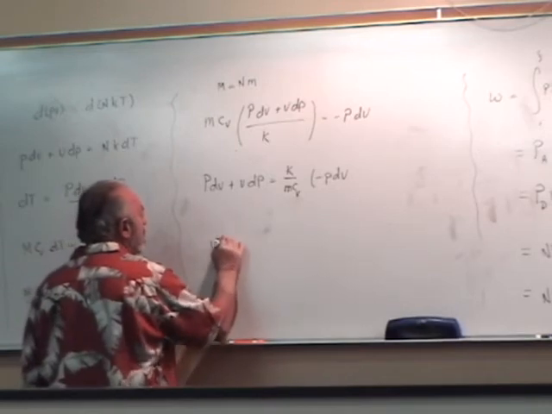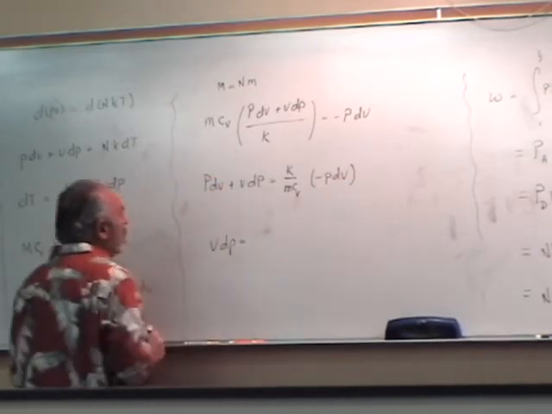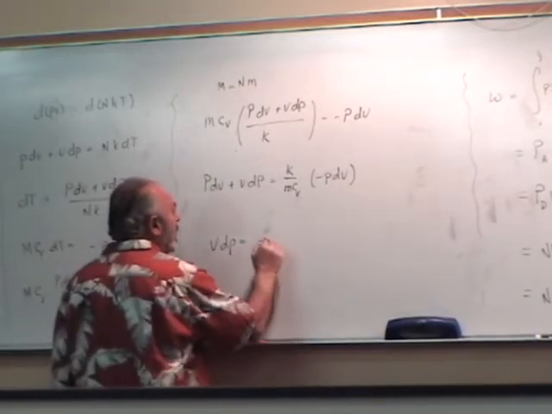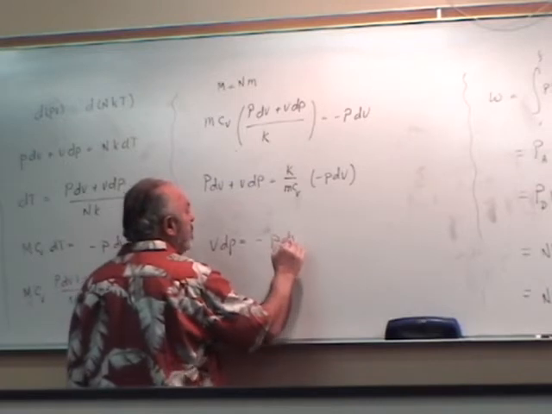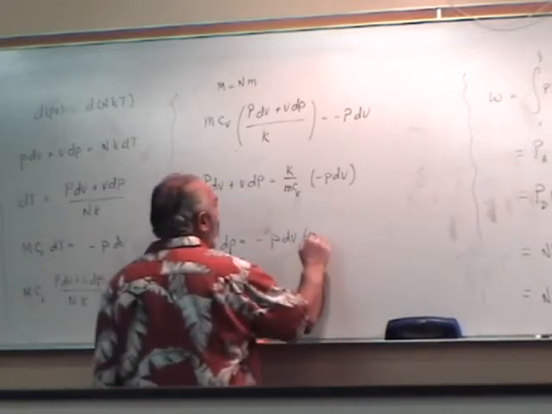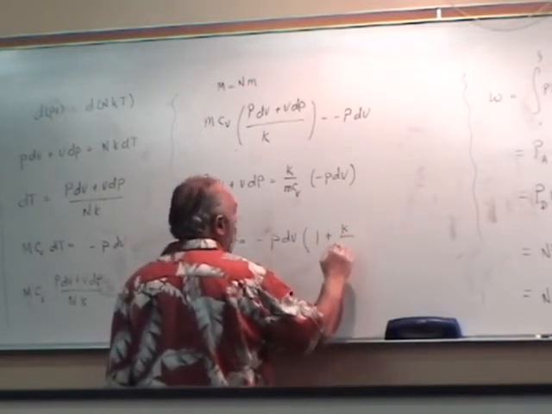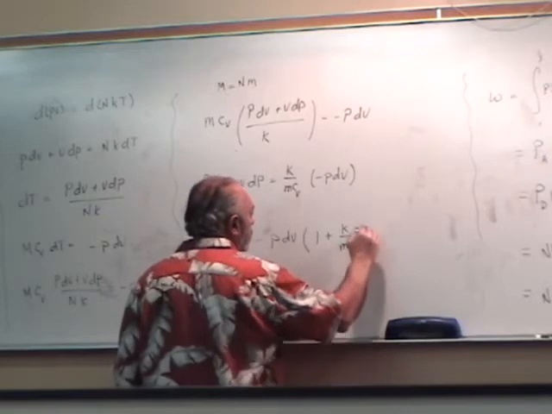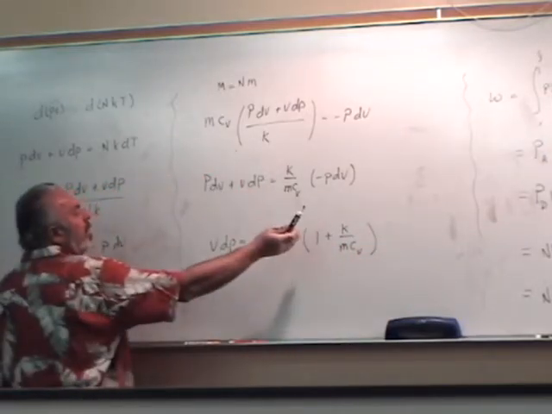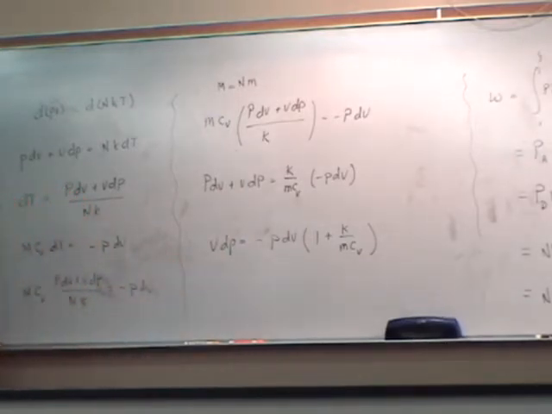Now, V dp is going to equal minus p dV times 1 plus k over m c sub v. So I moved that term over there, factored out a minus p dV, leaving behind a 1 and a